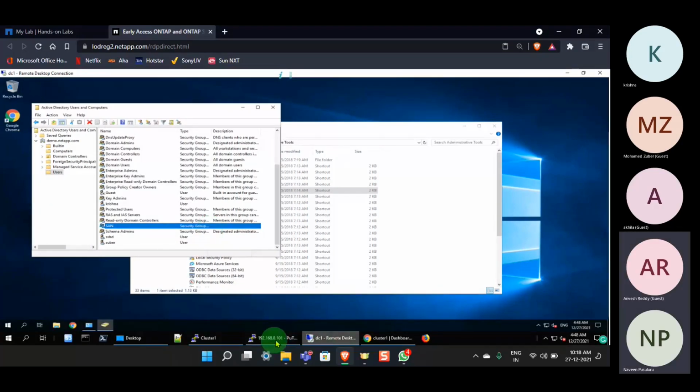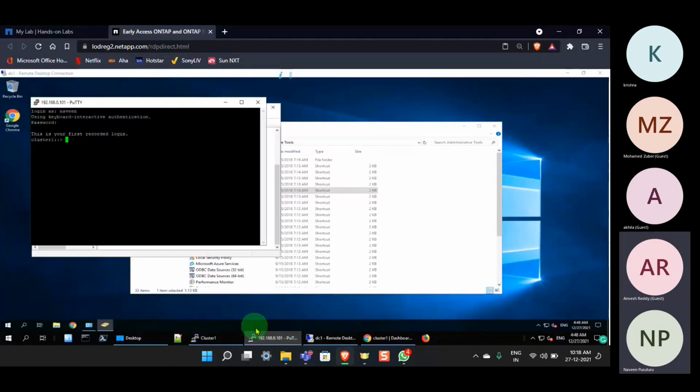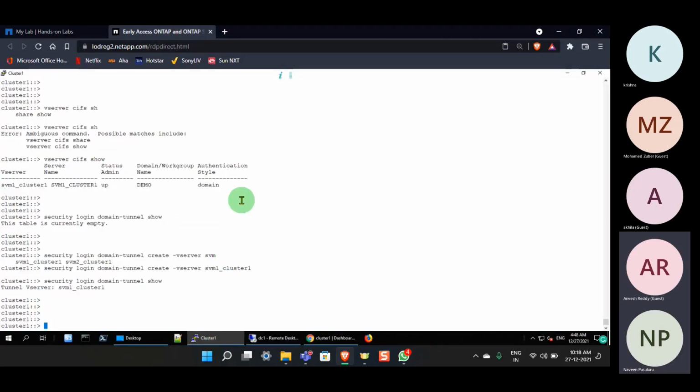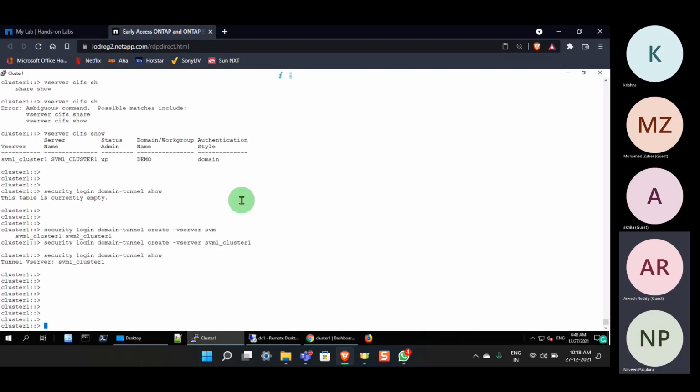Okay. Now let's come back to our NetApp cluster. This is not required anymore. Let me close this. So what I'm going to do now, instead of creating a local user with a password and setting a password and all,